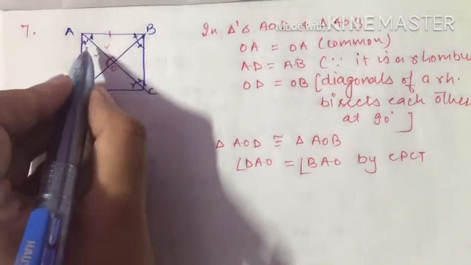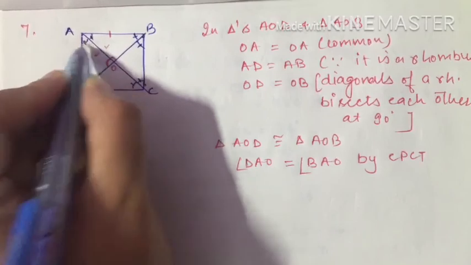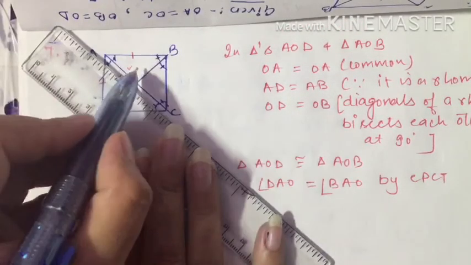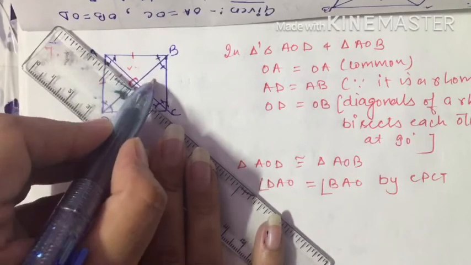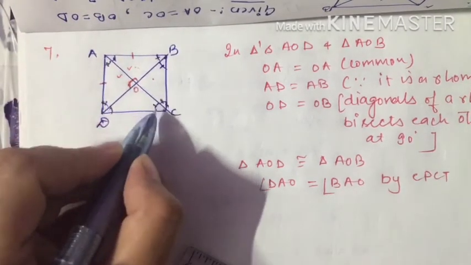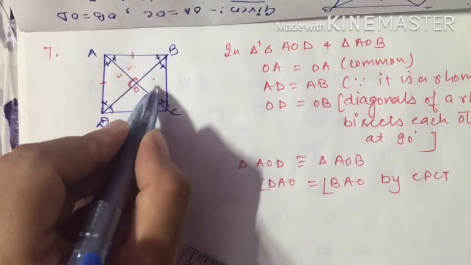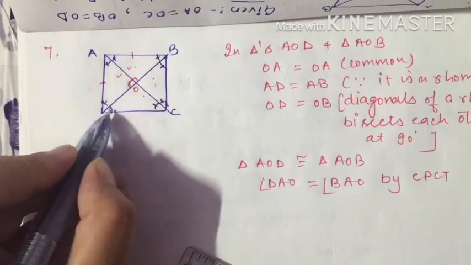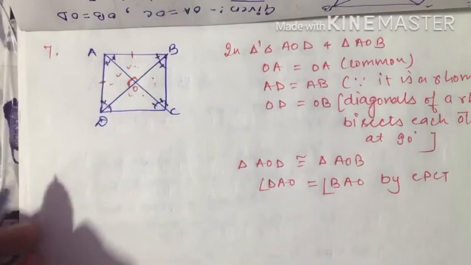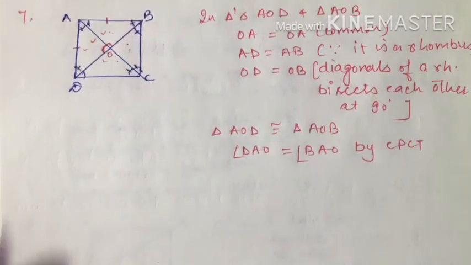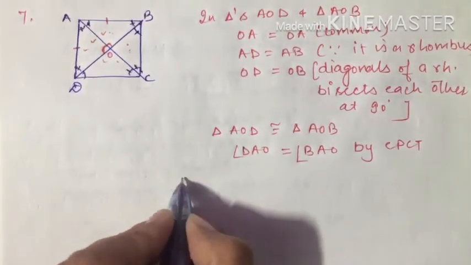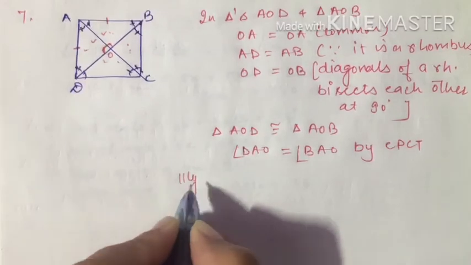Same way, student, like I have proved this angle is equal to this, you have to prove now this angle is equal to this. Now you have to prove these two triangles congruent. If you want to prove that these two angles are equal, you have to take these two triangles, and in every case you have to prove the triangles congruent. Then you can say that these two angles are equal. So here I can write similarly, but you will prove it and show.